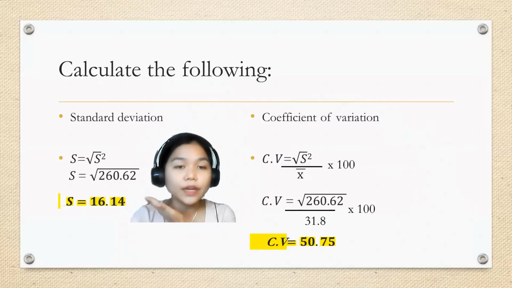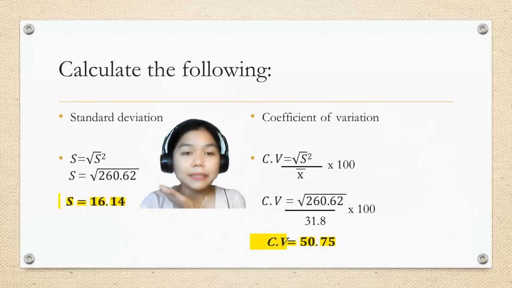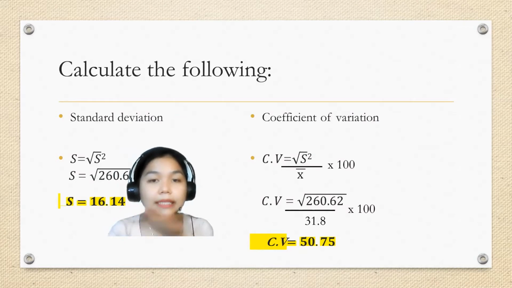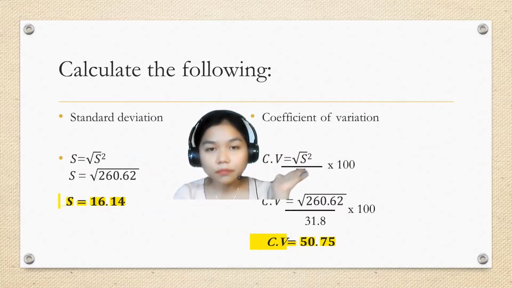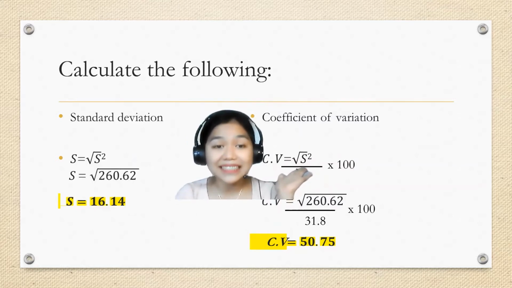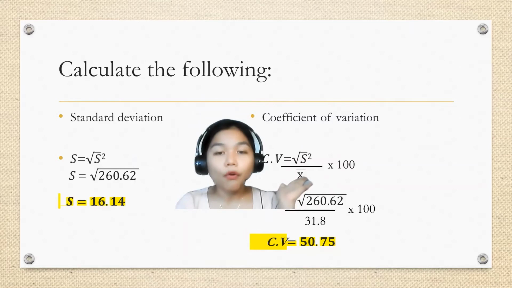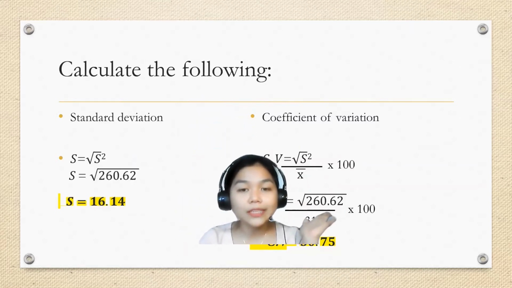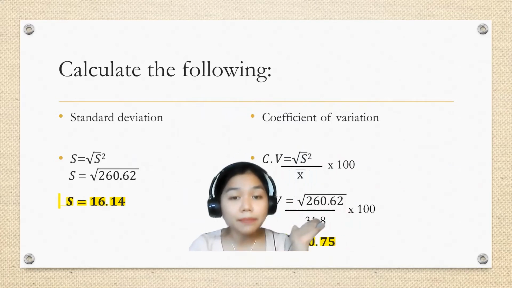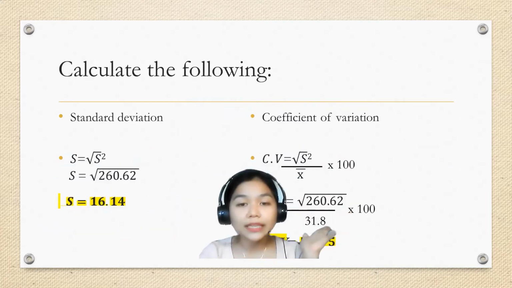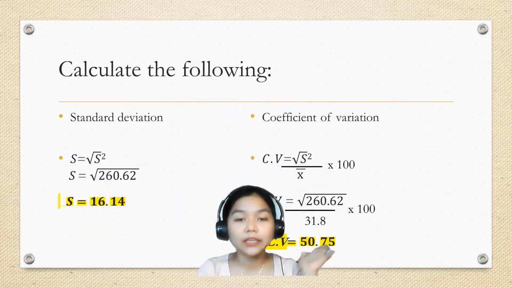For the computation of the standard deviation, it's very simple. It's just the square root of the variance. So the square root of 260.62 is 16.14. Then the CV is computed as the square root of the variance, or simply the SD, or the standard deviation, over the mean. So it's the square root of 260.62 divided by 31.8 times 100, or simply 16.14 divided by 31.8 times 100. The answer is